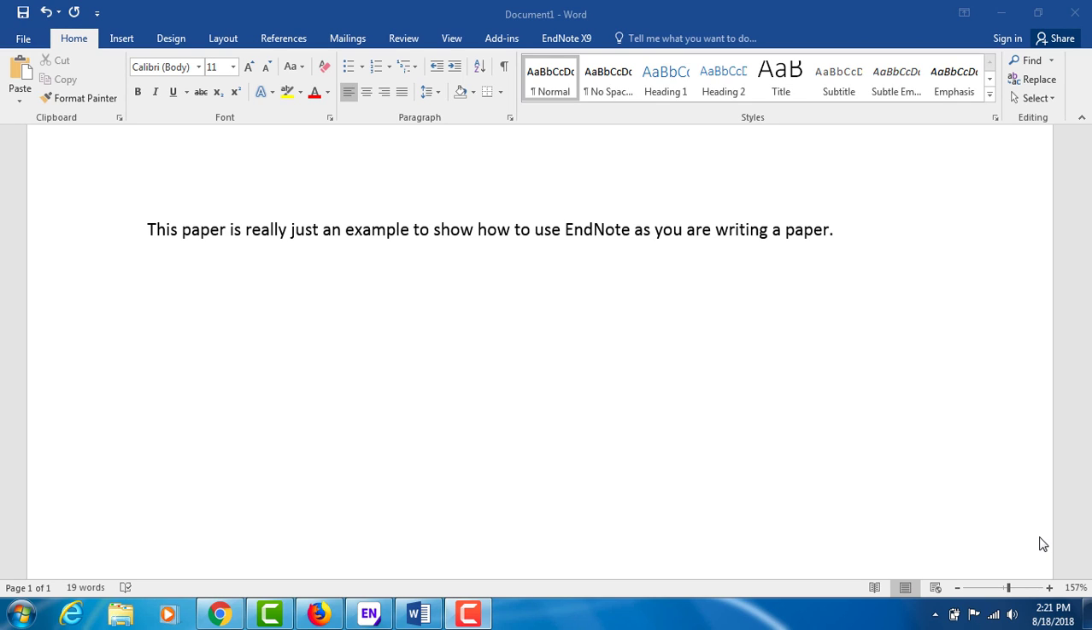Now we get to the really exciting stuff. I have a Microsoft Word document open, and I'm going to show you how to use EndNote as you're actually writing your paper. So I have my paper started here, and I'm going to quote something. I'm actually going to quote gobbledygook. I write my quote,